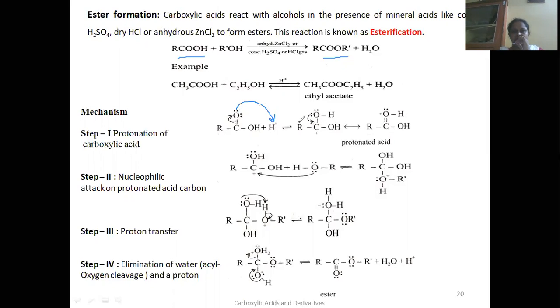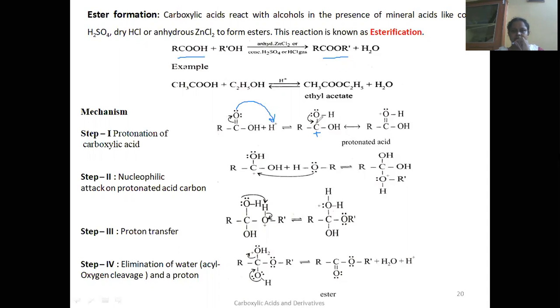In the second step, now take this molecule here and write it here in the second step. Since these electrons are shifted here, this carbon will get a positive charge, because the electrons between this carbon and oxygen are shifted onto the oxygen. See the valency here: this double bond will now become a single bond.